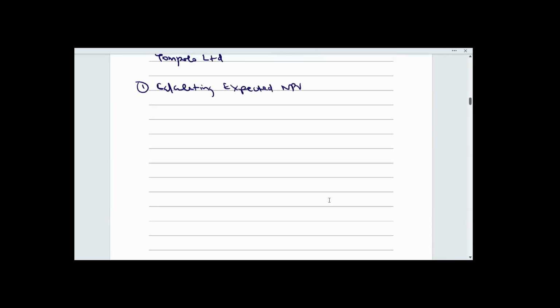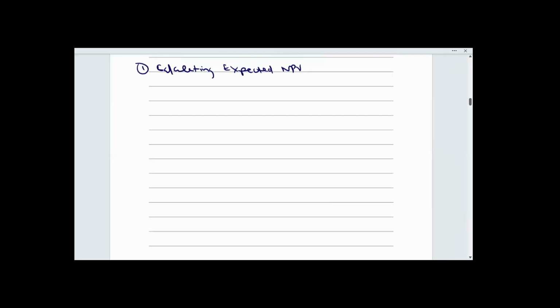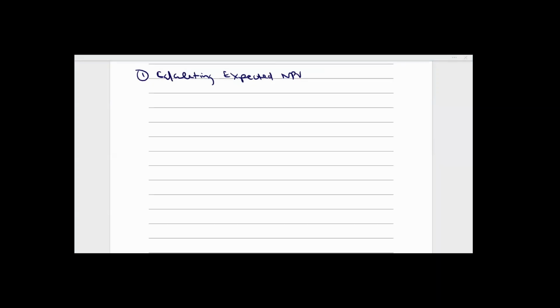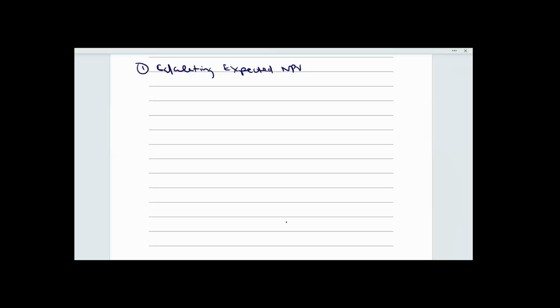Then after that, I can do the second requirement, which says we should calculate standard deviation. So our standard deviation will be here. Then coefficient of variation. So let's say our workings will start from here. Let me just manage here. So working